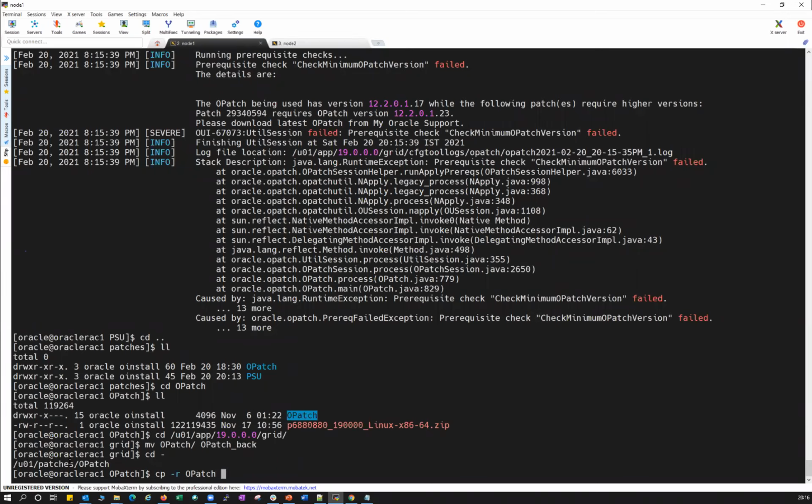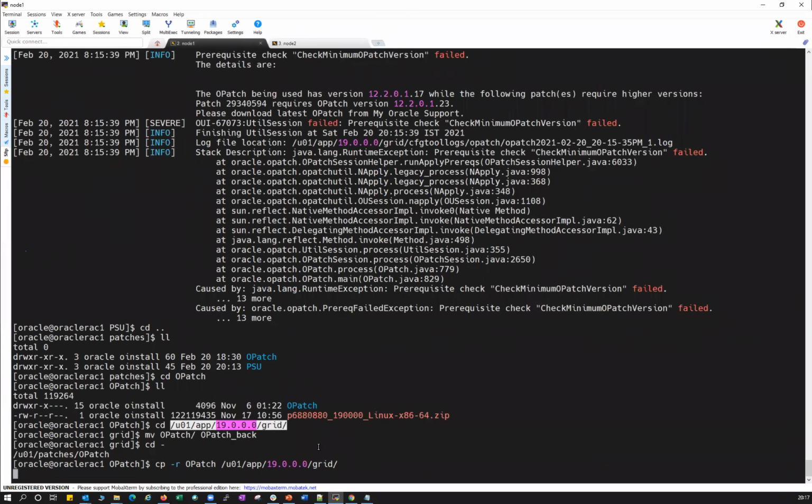I'm right now inside the patches OPatch directory. Whatever latest OPatch there is, I will copy inside my grid home. Right, so it's copied.